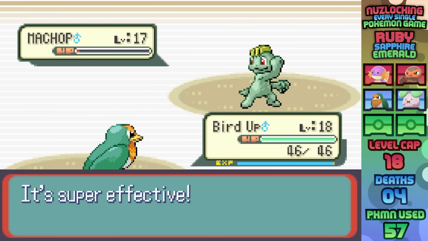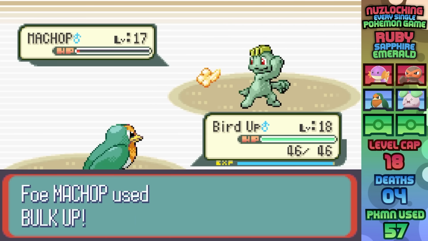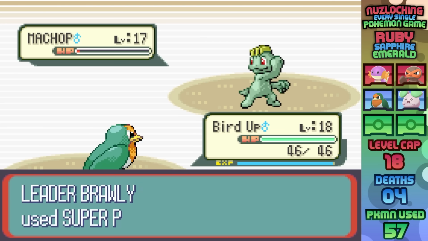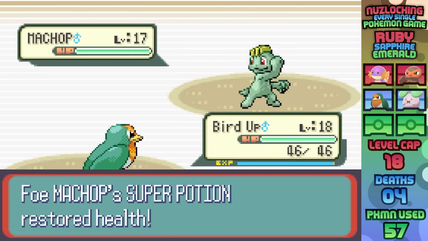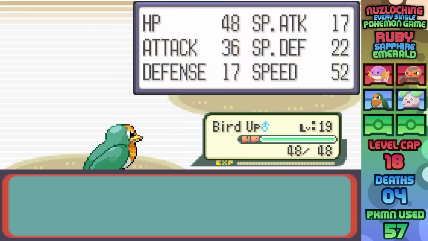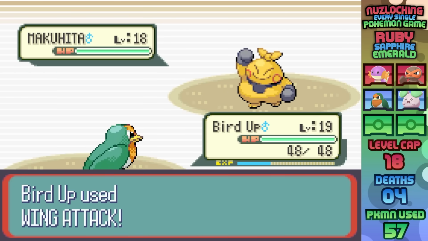Newly learned, but not quite enough as Machop gets off a Bulk Up. Sure, we kinda got screwed over by a range as per usual on this channel, but honestly it doesn't matter here. He uses a Super Potion and 2 Wing Attacks still KO through +1 Defense and I call it a day. Second out is Makuhita, which I'm 100% expecting to be a 2-shot, but oddly enough the